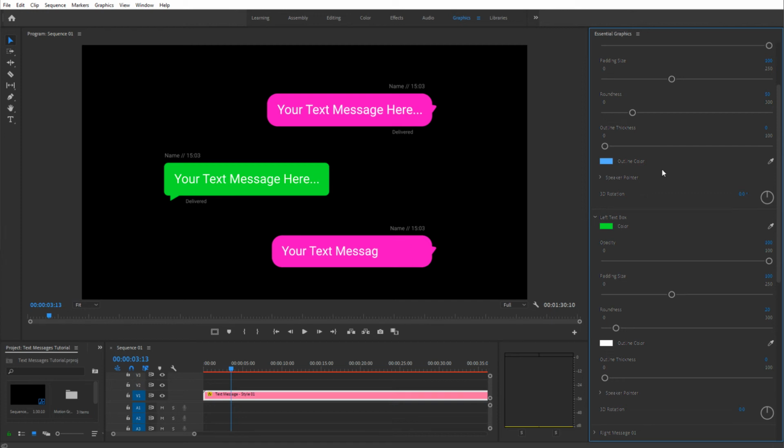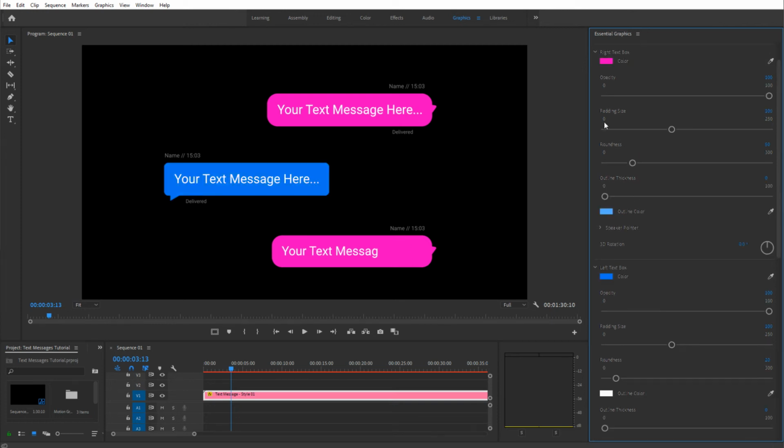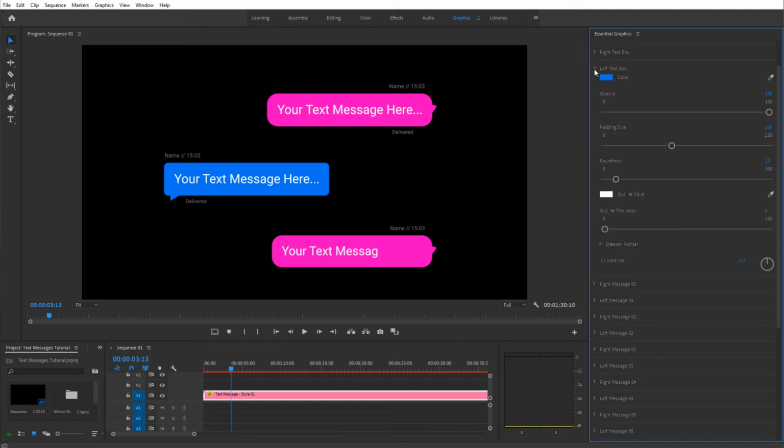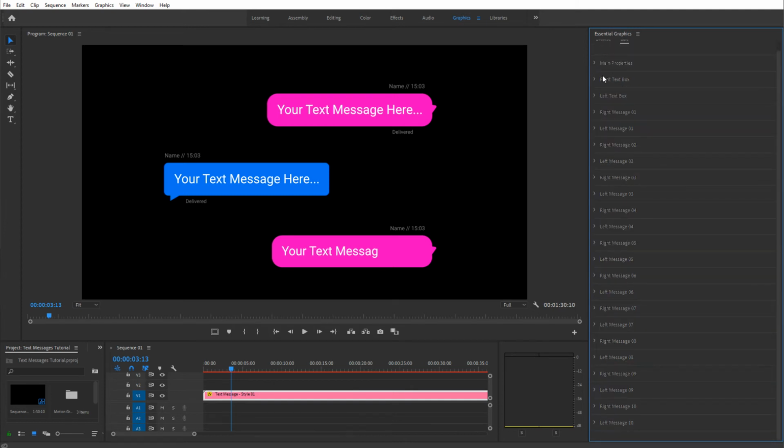So I'm going to leave that as it is, and we can jump immediately to the next section, which is the right message 01. The left text box is exactly like the right text box, but of course for the left part. Now for the right message 01 here,